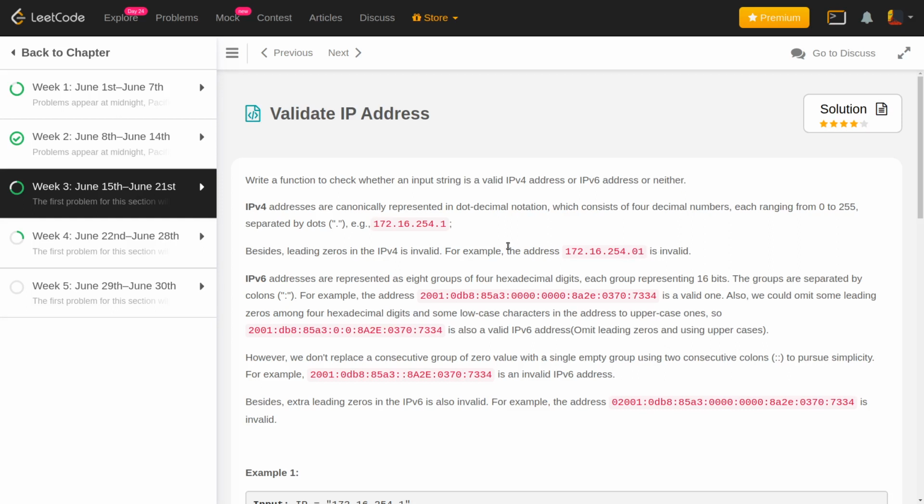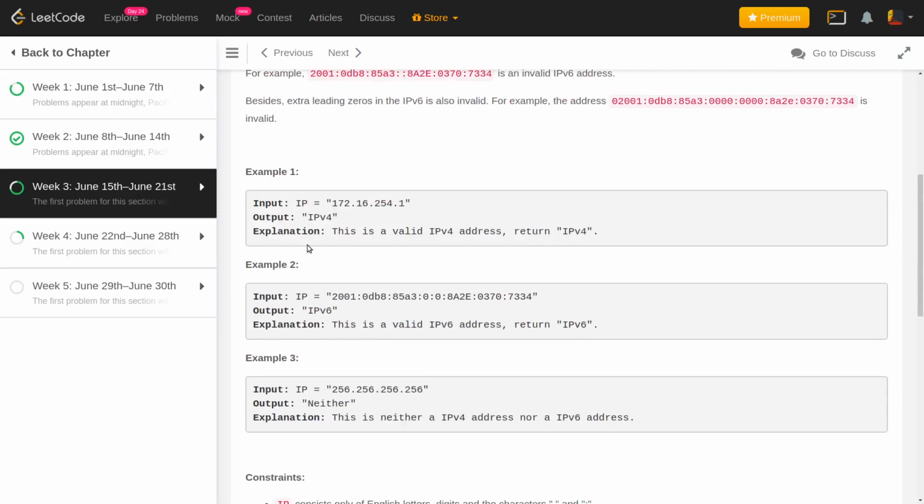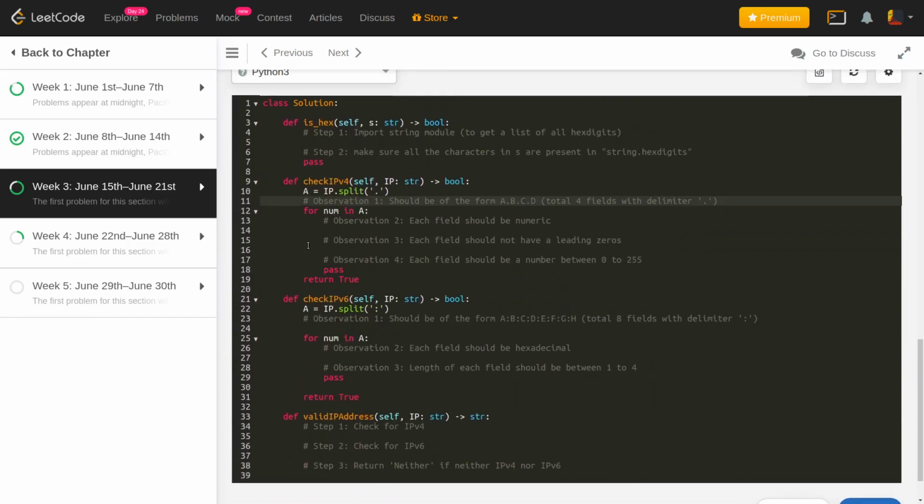When we have to implement this, I really recommend you use Python whenever it comes to string manipulation, because the support for strings that you have in Python is really good, and you can perform string manipulations in a much easier way when you are dealing with these kinds of problems in Python. So what we'll be doing first is we'll try to implement the IPv4 address validation, and I've written down the steps and the observations that you can have while you are checking for an IPv4 address.